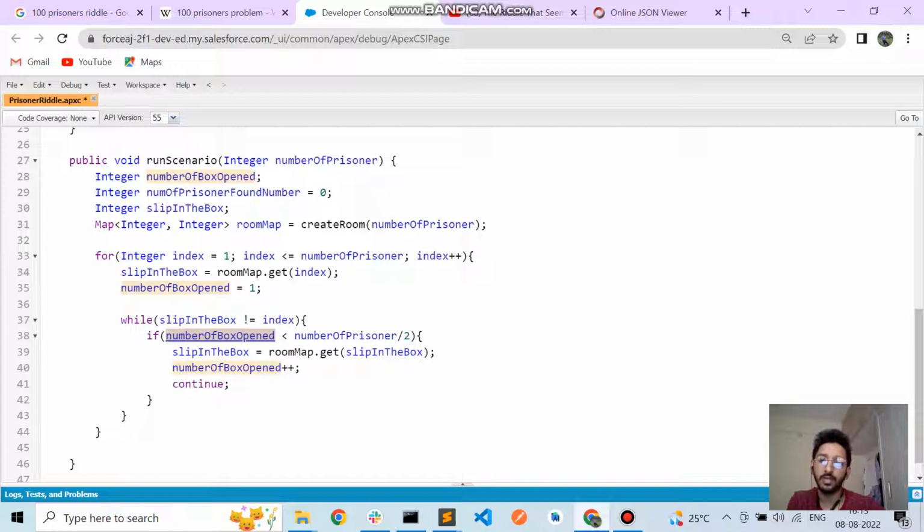If the number of boxes opened is less than the number of prisoners by 2, then he will again open a box, the number of boxes opened will be incremented, then go back and check for the same condition. Suppose he has opened a box wherein he finds a slip and that slip